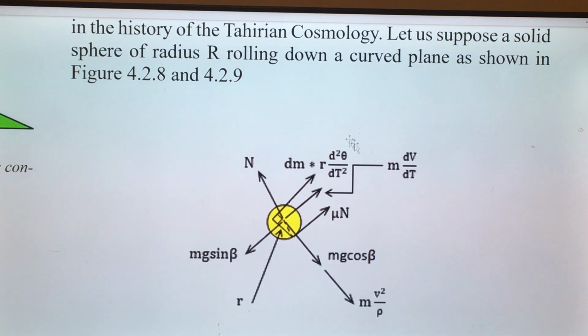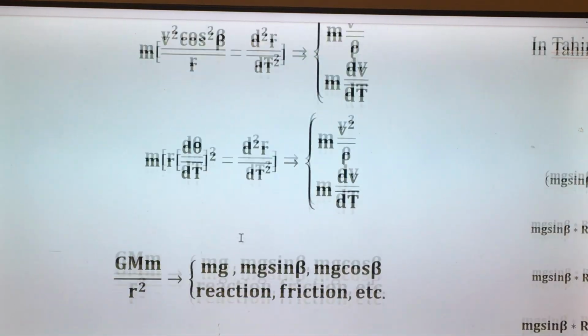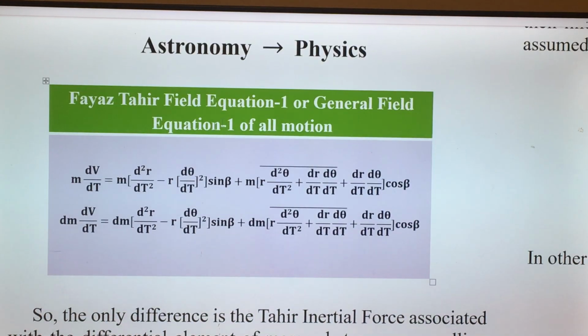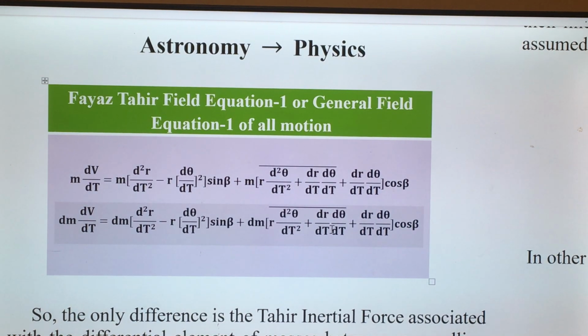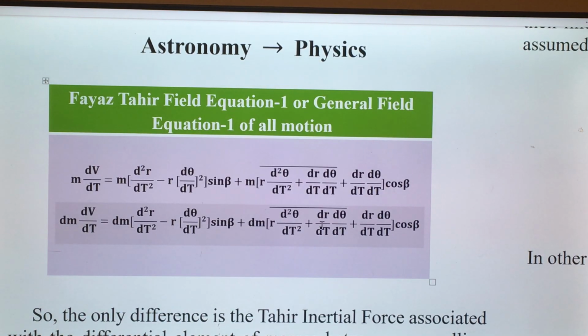When this force is added, because of the rolling, this force is added. And from where is this force added? From the Fayaz-Tahir field equation. This force is added: dm r d square theta over dt square. This part will be 0 because dr over dt is 0. dr over dt is not changing. So this is the force. When this force is added,